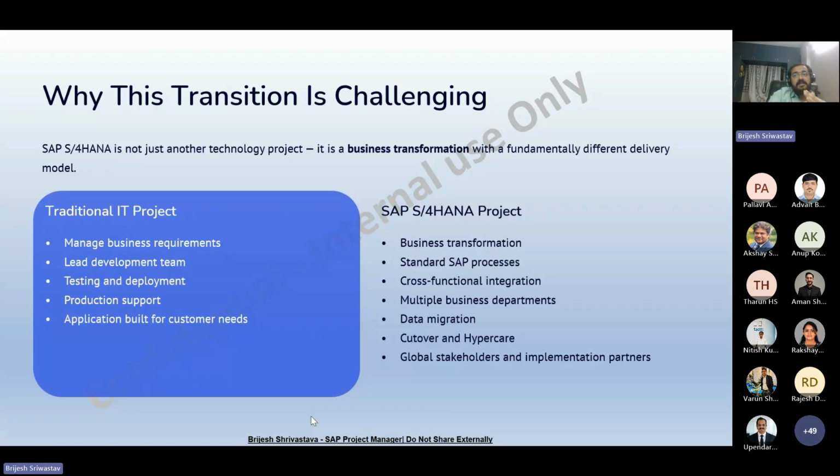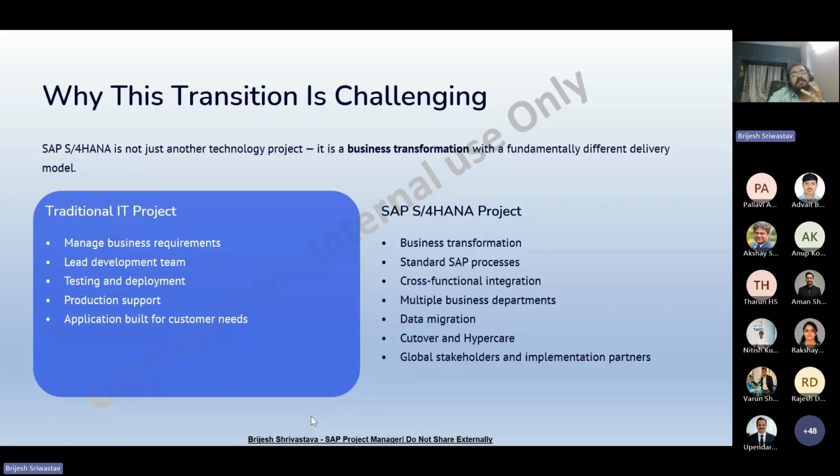Another major difference here is cross-functional integration. For example, the sales team creates a sales order. The process doesn't stop in sales, it triggers inventory management, production planning, procurement, finance, billing, accounting.